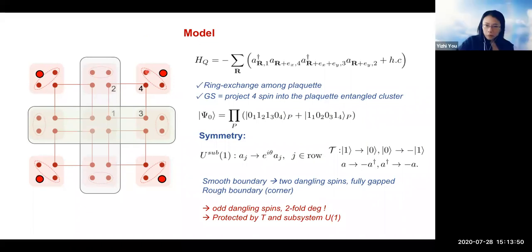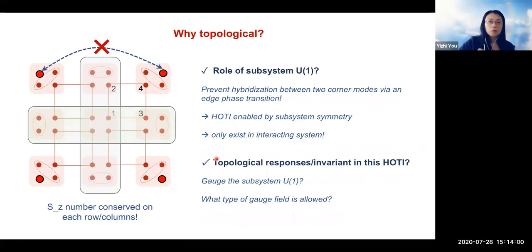And actually, what we want to argue is that such a spin-1/2 zero mode living at a corner is protected as long as we have a global time reversal symmetry and a subsystem U(1) symmetry. The global time reversal symmetry requirement is pretty obvious because it's a spin-1/2 degree of freedom: without time reversal symmetry, I can just polarize them in any, like, Z direction,